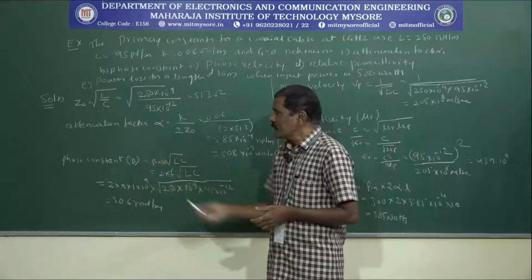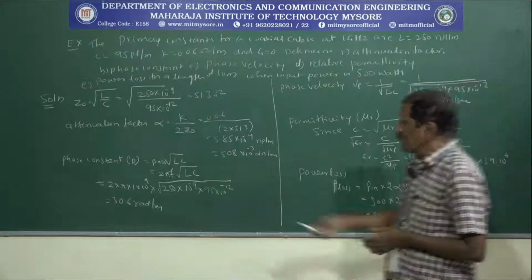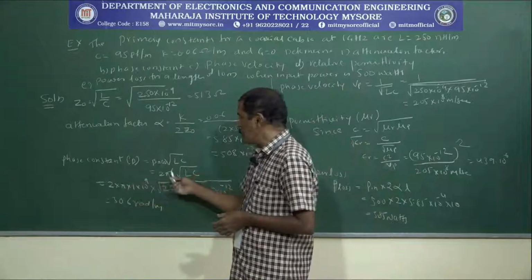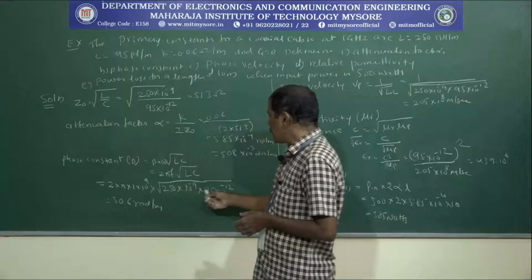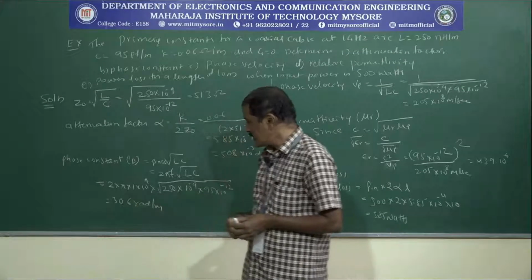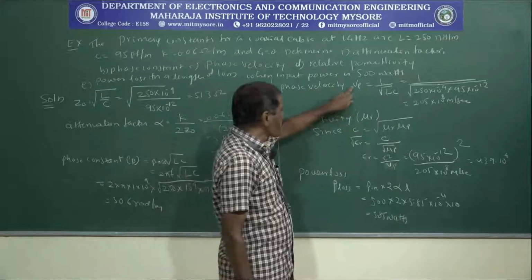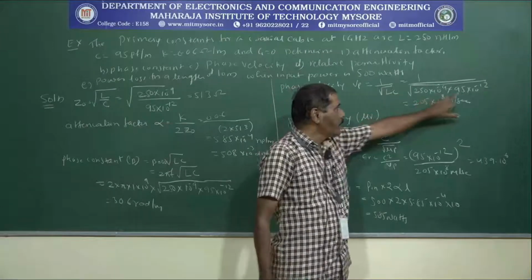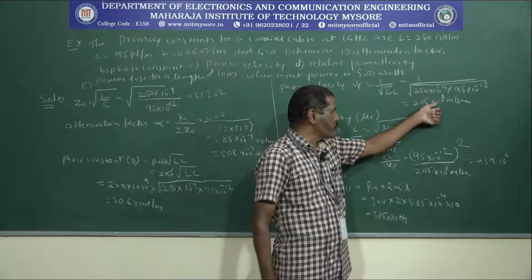Then the phase constant is represented by beta, this is equal to omega into root of LC, where omega is equal to 2 pi f. Substitute all the values, 2 pi, frequency is given as 1 gigahertz, that is 1 into 10 to the power of 9, and the values of L and C. If you substitute and simplify, we will get 30.6 radians per meter. Then the phase velocity is given by 1 by root of LC. Substitute the values of L and C. If you simplify, I am going to get the value as 2.05 into 10 to the power of 8